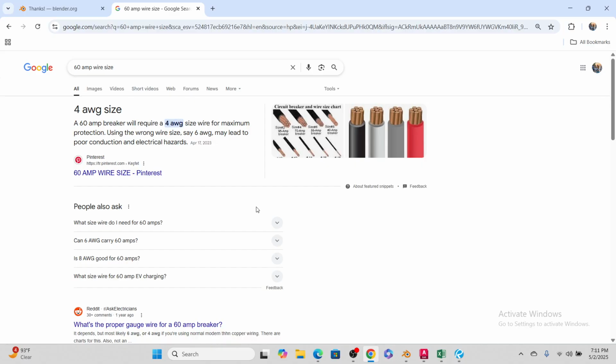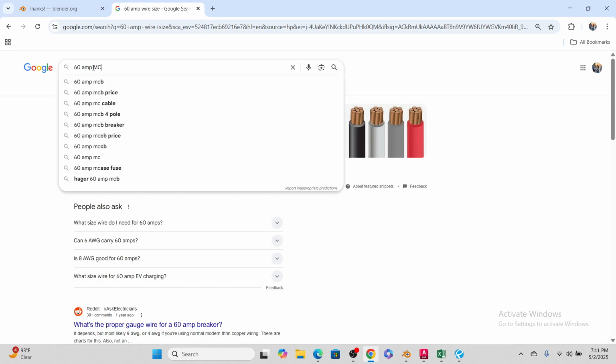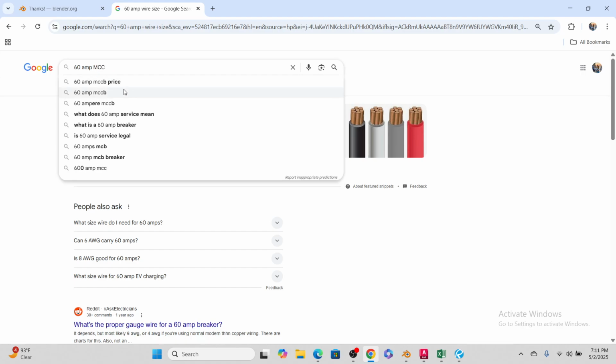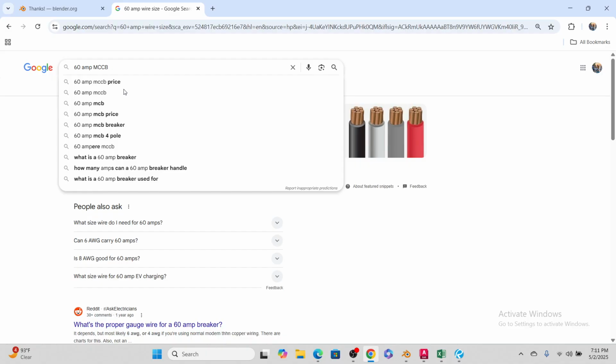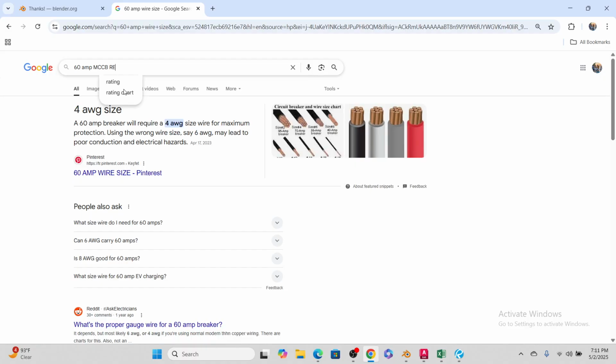Let's check the wire size. 60 amp MCCB, MCCB meaning molded case circuit breaker. Okay, required